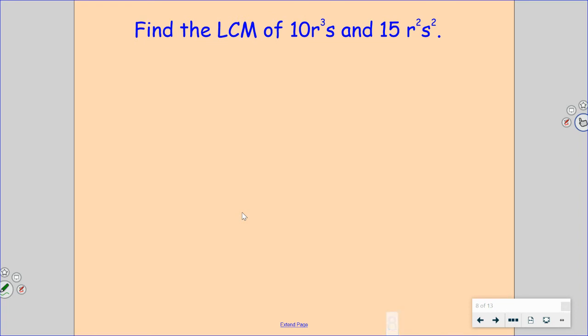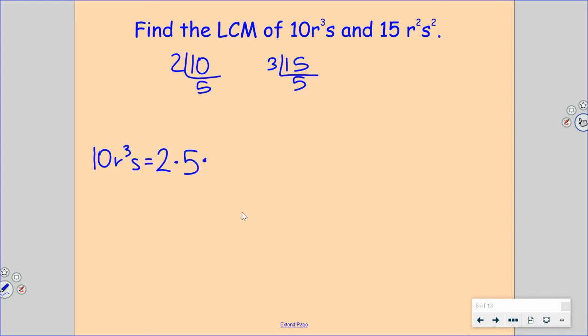All right, now let's go ahead and use this for algebraic expressions. So naturally 10 can break down, 15 can break down. We just did both of those. But notice that 10r to the third s. Not only do we need to break down the number, the coefficient, but we also need to write an expanded form of each and every variable. Noticing that there's a single s here, not that you have to write the one, but it might help some folks. Let's go ahead with the next